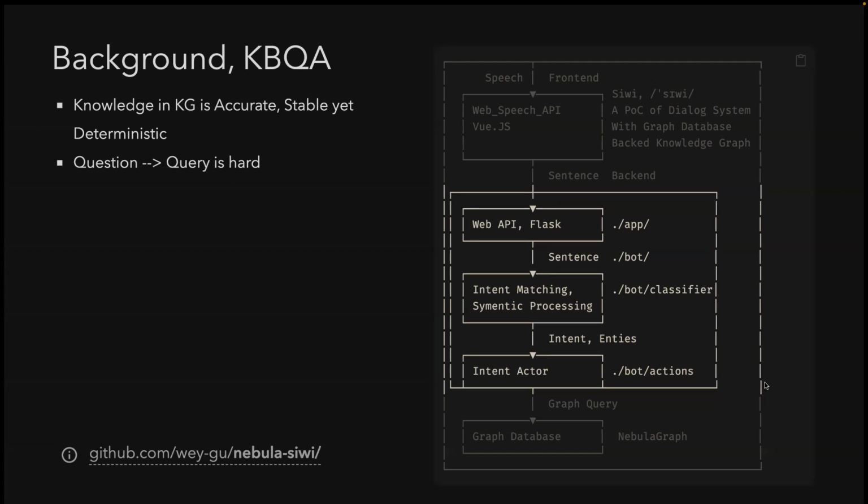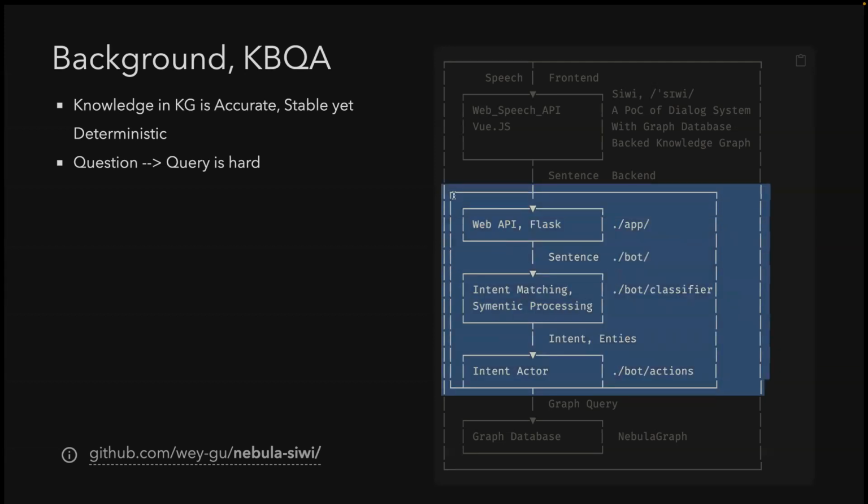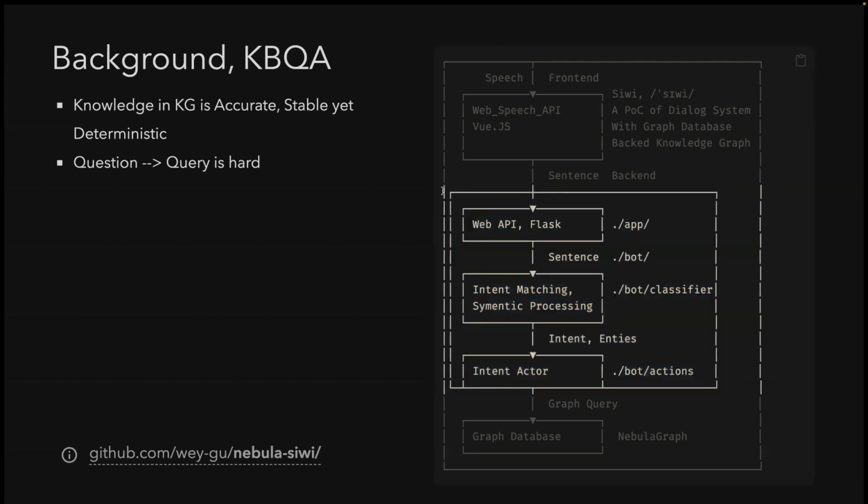So this is the traditional way when we're doing the KB QA system. And when we have a language model, all of those hard works can be done by just prompt engineering. And this is another exciting thing we can do